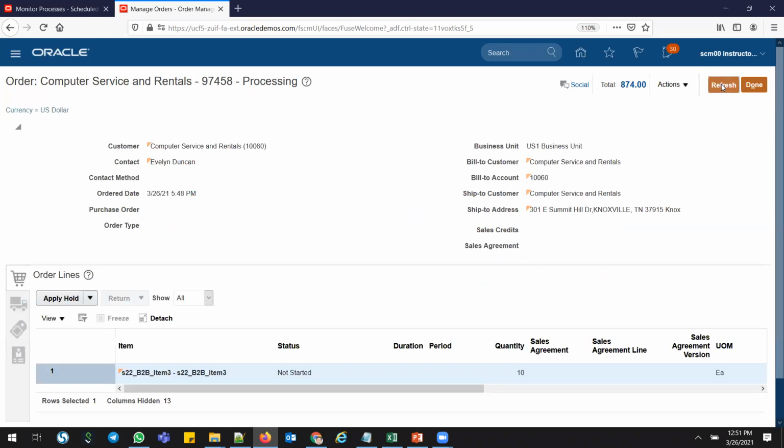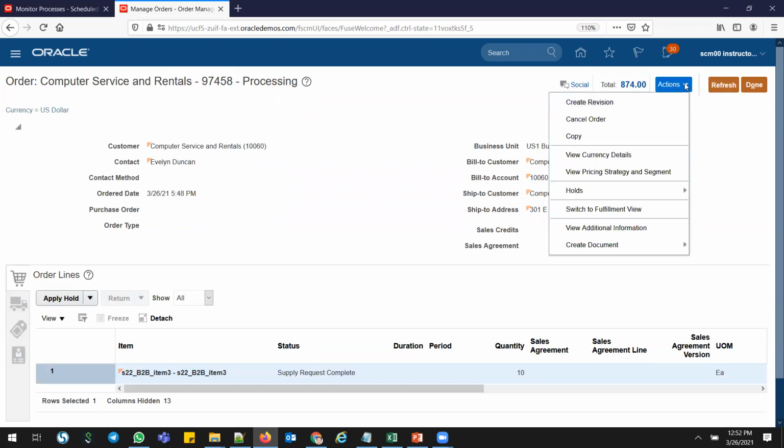Refresh. It will take a couple of minutes to start the workflow, I mean the DOO, distributed order orchestration process. Then based on my rules, based on the workflow, the distributed order orchestration will call the SCO, supply chain orchestration process. The schedule, and click refresh a couple of times. Supply request complete, and then it will go for a pass. The pass will check how many days the scheduled ship date is, and whether any ATP rules are fulfilling this order properly, and then it will go for a supply order.